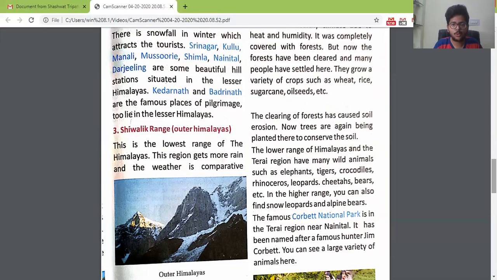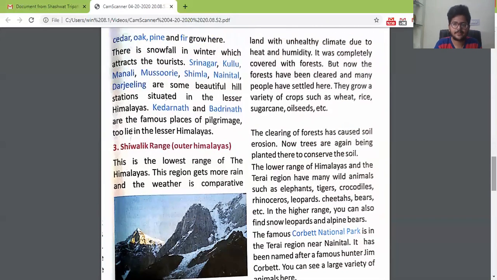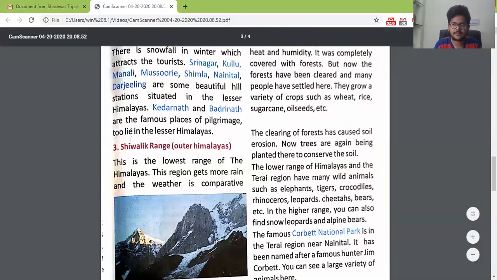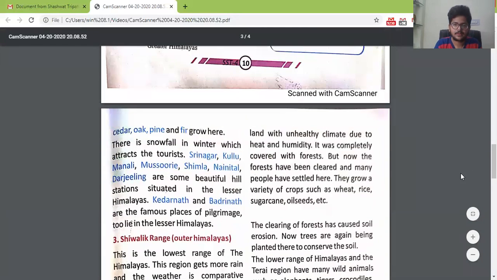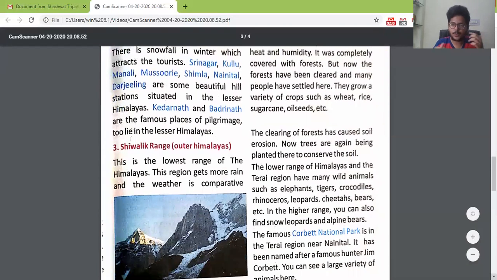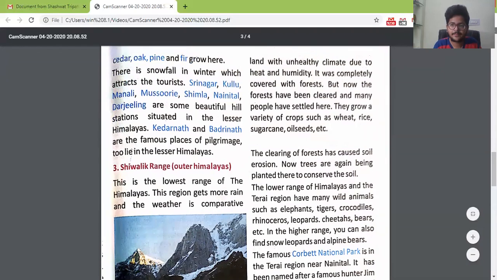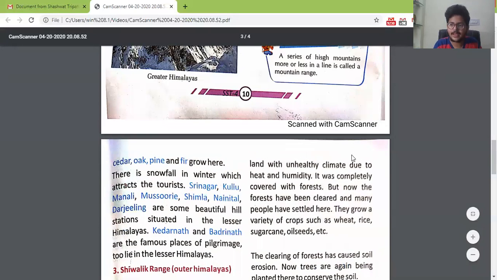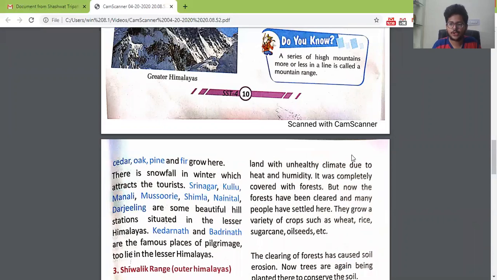This region gets more rain, and the weather is comparatively land with unhealthy climate due to heat and humidity.